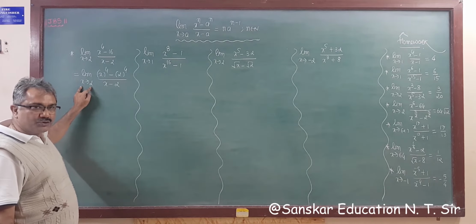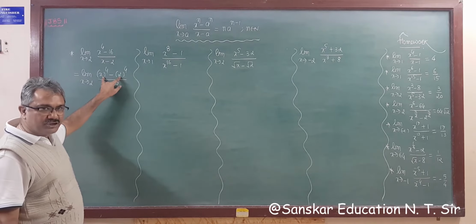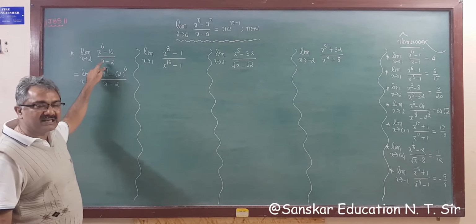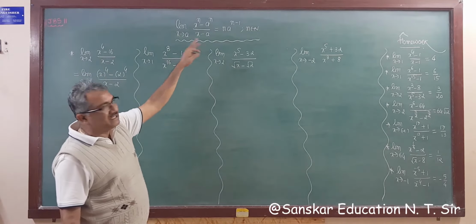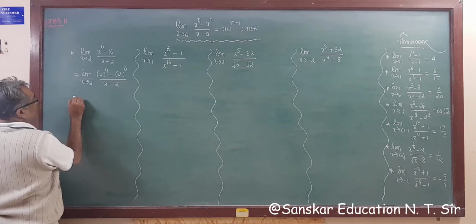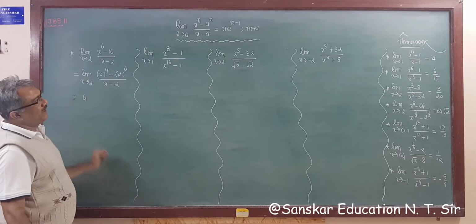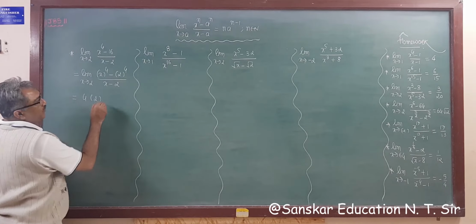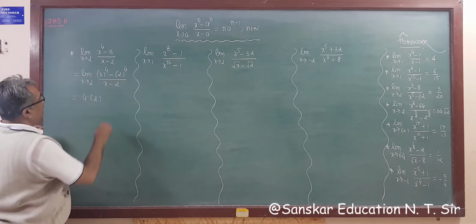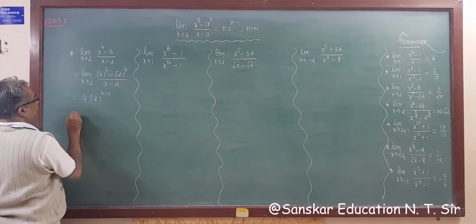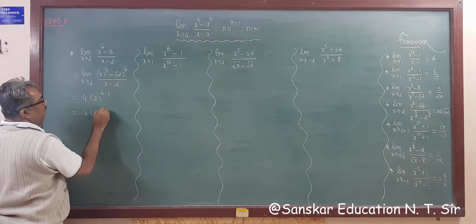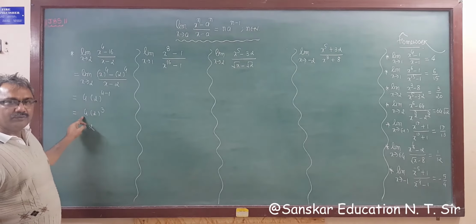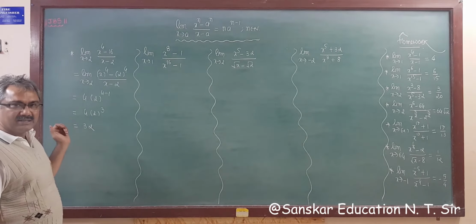Now see, x tends to a is 2 here. x tends to 2 means we require the base x tend to 2, the same in the denominator, and the power of the numerator is the same. So applying this formula, n is 4, so your answer will be 4 into a is 2, so 2 raised to one power less, that is 4 minus 1. So the answer will be 4 into 2 cube. 2 cube is 8, into 4 is 32. So this is the answer.